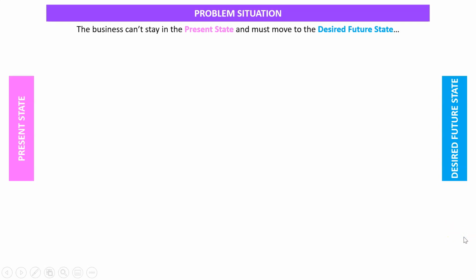And what we're left with is a theory that we can explain and summarize in a nice diagram. So we start off and say there's a problem situation, and that is when there's a difference between how things are, the present state, and how we'd like them to be. And the theory says, well, you've got to come up with some changes to fix that. You've got to get from the present state to the desired future state.